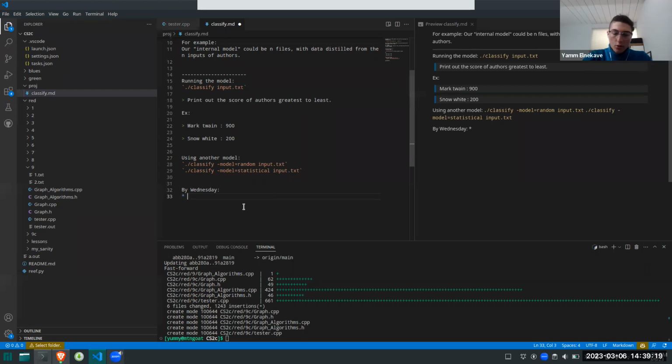So by Wednesday, what would be some nice things to be done? We should have the ./classify script taking inputs. There are no promises, no obligations. This is brainstorming, to set some direction.